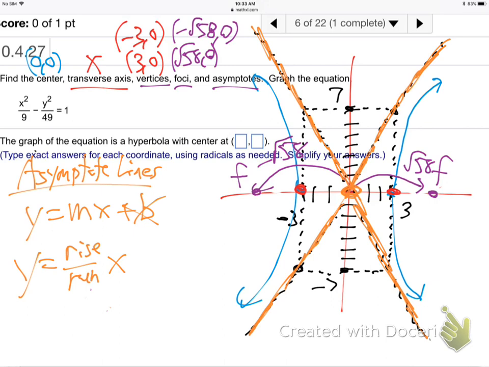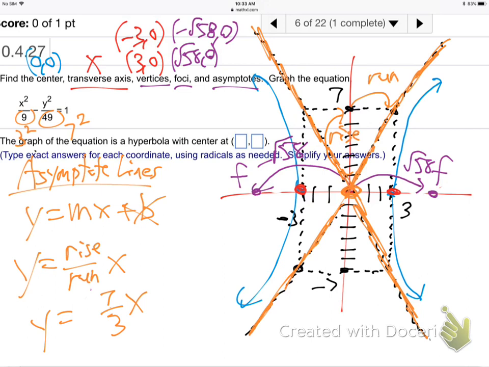Any ideas how much that line rises and runs? Yeah. It's just whatever's underneath y, 7 squared, over what's underneath x. Of course. See how it's just 7/3 x? Does that make sense? This will be super easy because how far it goes up, remember, from the center, right